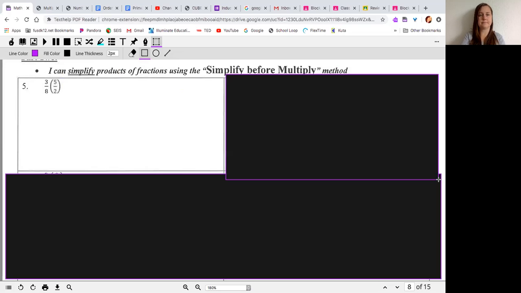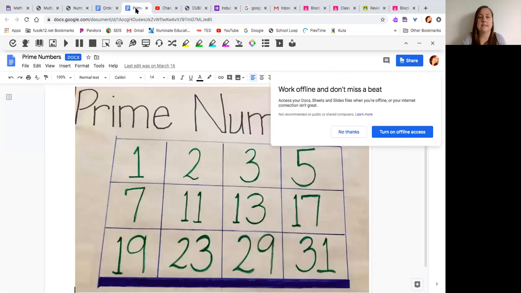Okay. So when I simplify before I multiply, I want to do what? I want to see if the numbers can go into each other. I want to cross reduce before I multiply across. Now when I'm looking at this, 3, 5, and 2, what do these numbers have in common? There's something about them, right? Do you remember? It's not that they're odd or even because I have both of them. It's that they are all,